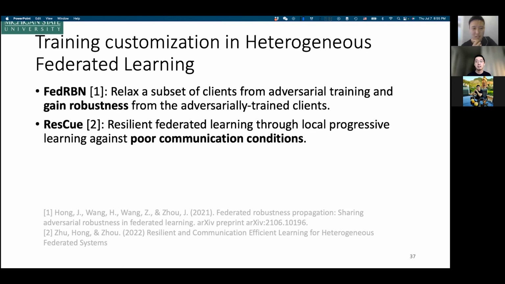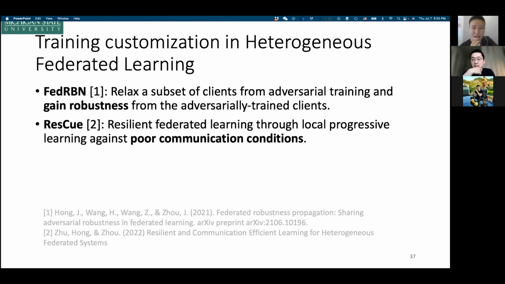Yeah, I think it's very challenging to maintain robustness from one distribution to another distribution, like a different classification task. So I'm very interested that FedRBN can transfer the robustness from one distribution to another.